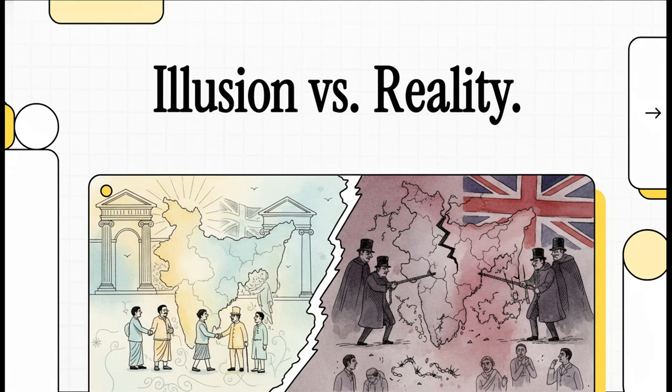All right, let's jump straight into this. Today, in this explainer, we're going to unpack one of the most masterful and, honestly, most cynical pieces of political engineering in modern history. We're traveling back to 1905 in British India to uncover the massive political manipulation behind Lord Curzon's Partition of Bengal. It really is a classic case of illusion versus reality, because what the British government told the public was happening and what they were secretly plotting behind closed doors, well, they were two entirely different things.